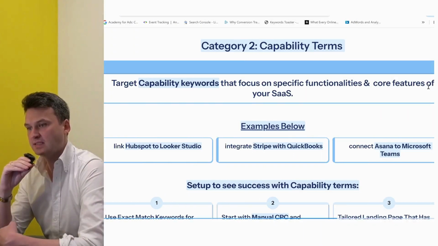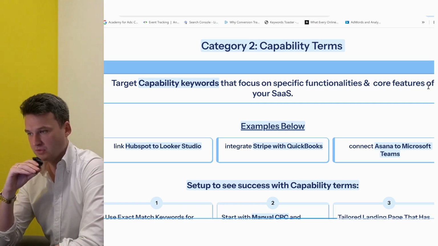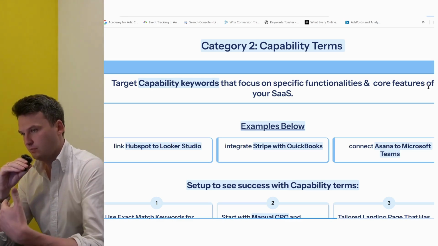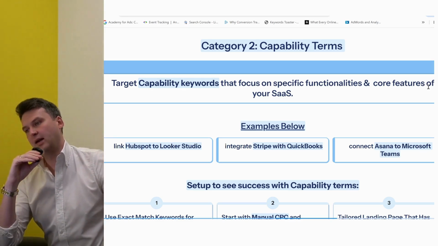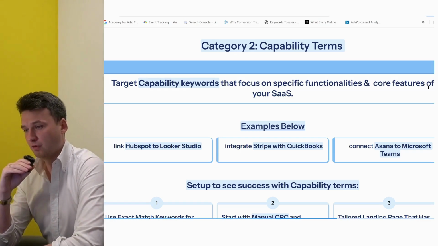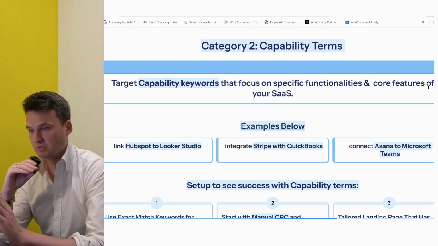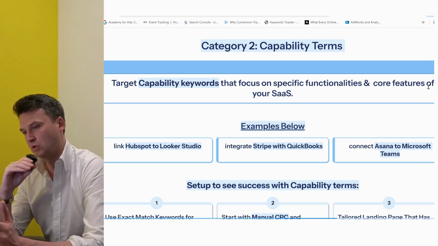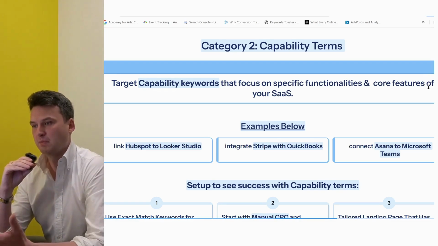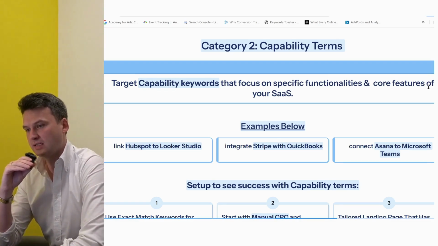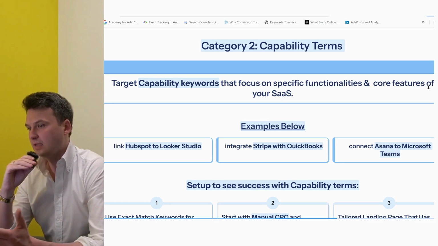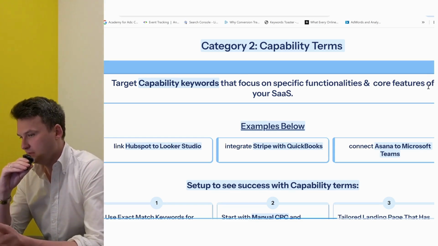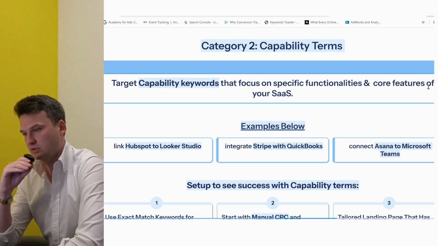The next one is the capability type keywords. Now, just to reiterate, we tend to see the category type terms are the ones that actually convert the best, but you will also notice that you can get conversions from capability type terms too. So what is a capability type keyword? It's pretty self-evident. It's what the actual capabilities of your SaaS platform are. So just to simplify, to make some examples here,